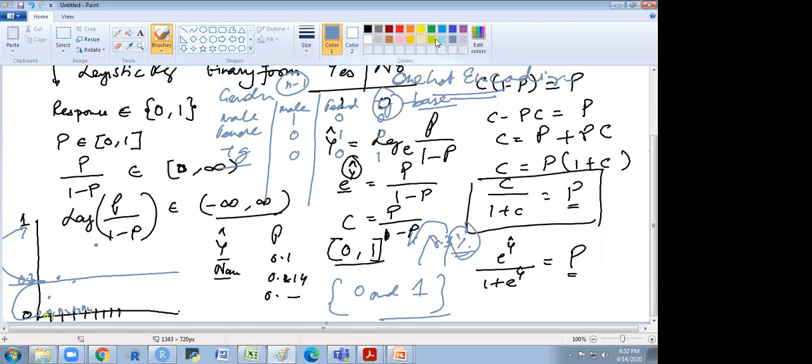Sir, if some problem is given, how do you identify whether you should use linear or logistic regression? It depends on the target variable, sir. If the target variable requires only a yes or no response, binary, like somebody will leave the job or not leave the job, so it is a binary type problem. It is not a continuous type problem. So we could select logistic regression, sir.